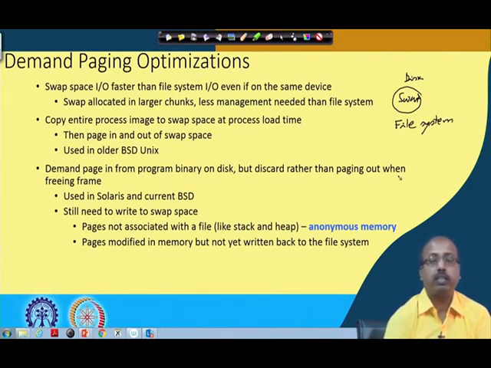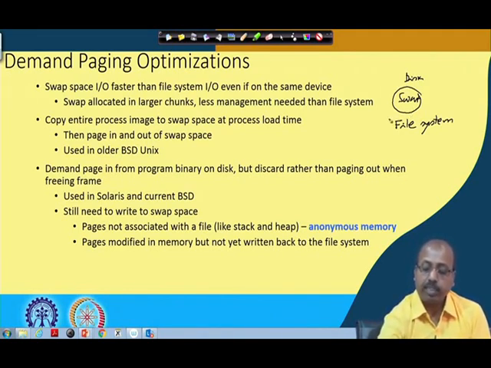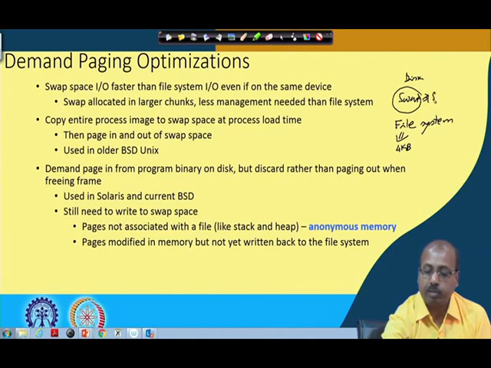If you compare raw speed, access to both types of regions will have the same timing. However, what we can do is make the block size of the swap space larger than the block size of the file system. Block size means how many bytes are transferred in one transfer between the disk and main memory, per access. Normally, for my file system the block size may be say 4 kilobytes, while for the swap space it is made 8 kilobytes.